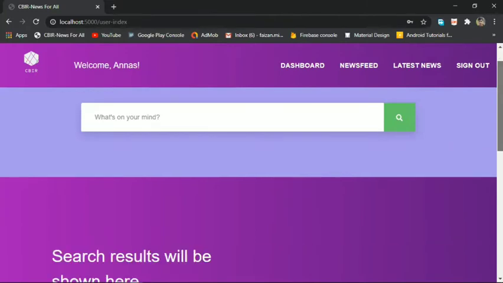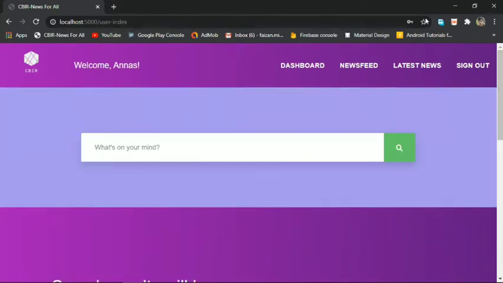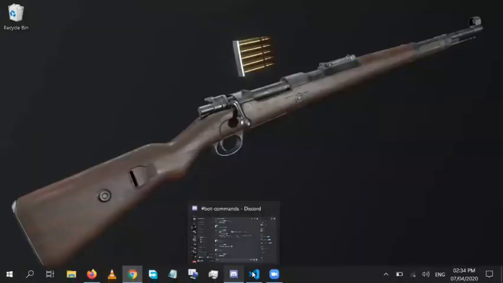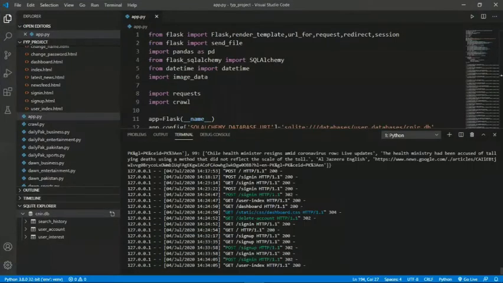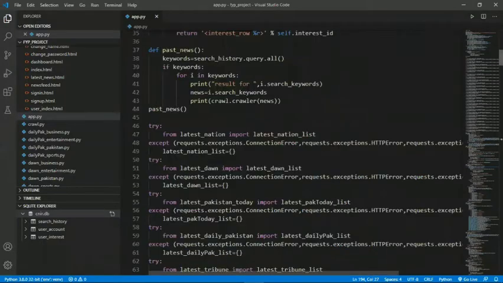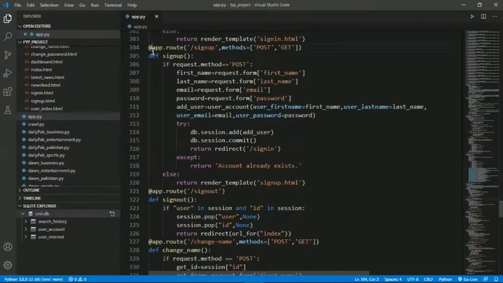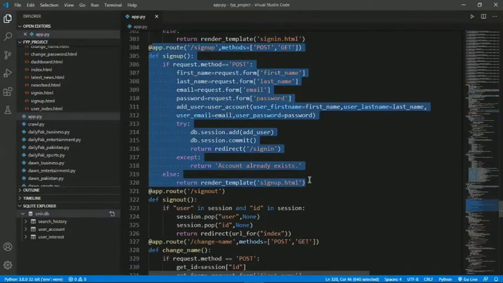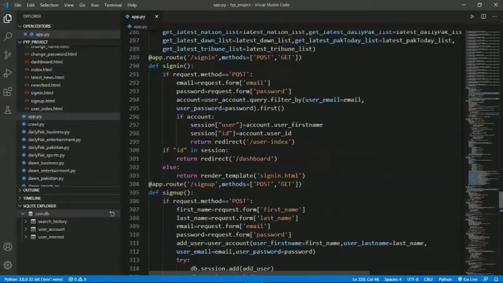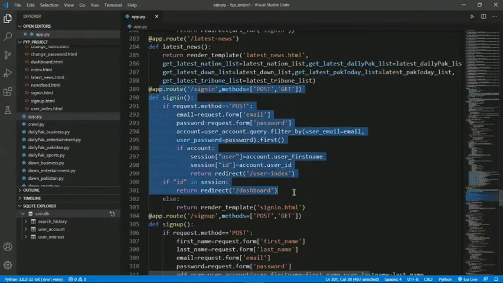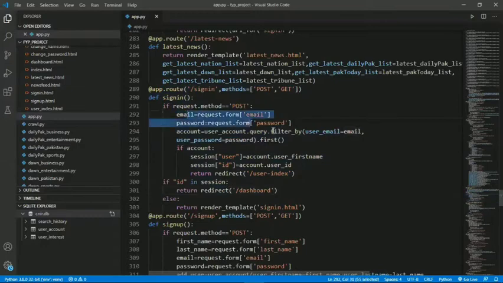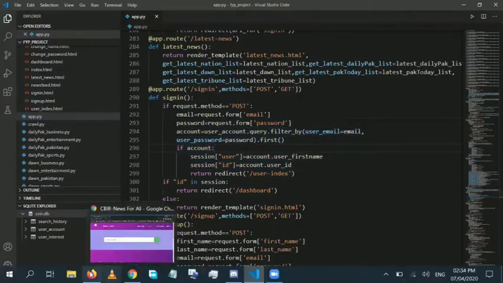Let me show you the code of this sign up and sign in functionality. Coming back to Visual Studio or IDE for this FYP project we chose. You can see here is our code that runs the logic for a sign up page. And here is the code that runs the logic for the sign in page. As the email and password match from the database, then the user is redirected to the registered user homepage.